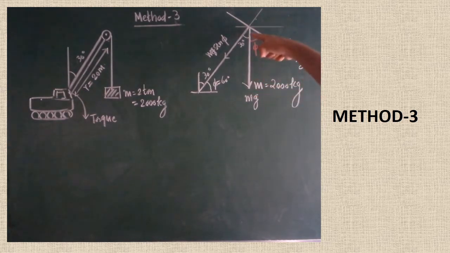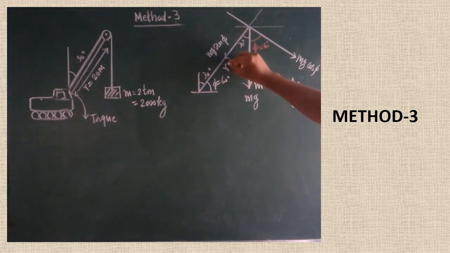Now the mg, the gravitational force, is resolved into two components. Are you clear? Let us imagine this is the x-axis. With respect to this axis, this one makes 60 degrees. Therefore, this one will be the horizontal component, so we can write it as mg cos φ. This one will act as the vertical component. Now you observe which two are perpendicular. This arm length, how much is that arm length? 20 meter. That arm length is perpendicular to the horizontal component of the force.